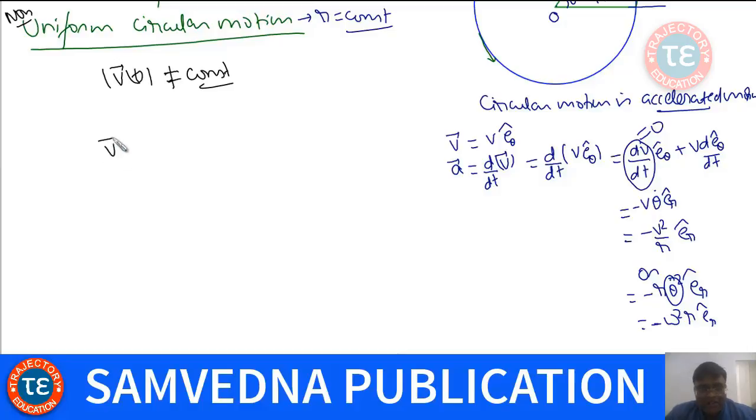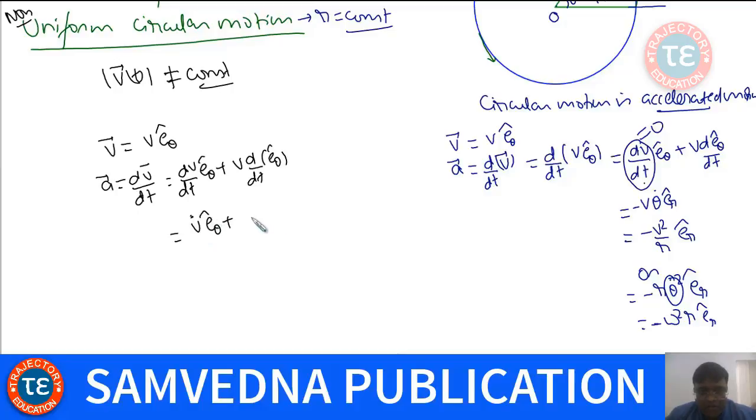In that case, your direction of velocity will always be transverse. But now, in the acceleration, I can't make this term zero. This will be dv by dt e theta and v, so you have V dot e theta minus